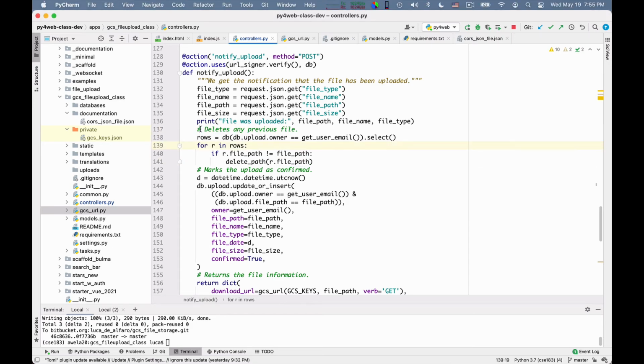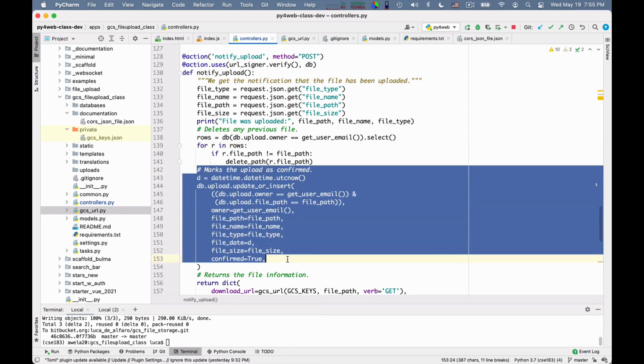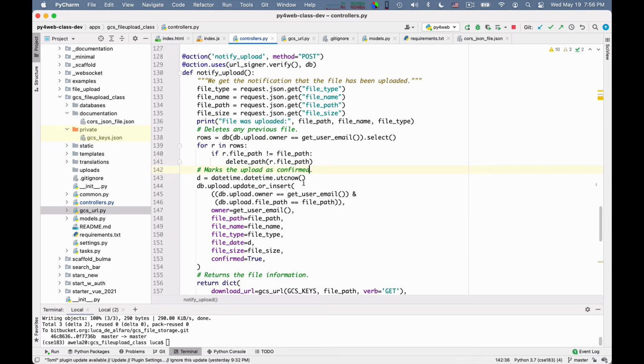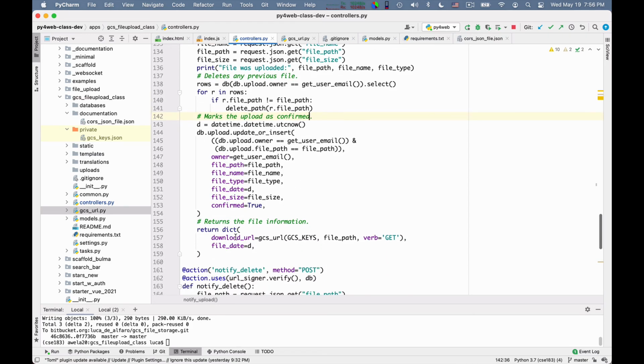If there were previous files that were uploaded by the same owner, I delete them, and then I mark that the most recent upload has been confirmed. So I insert a confirmation for this latest upload. And after I do that, I return the file information. I again return the download URL and the file date. The file date is set on the server.